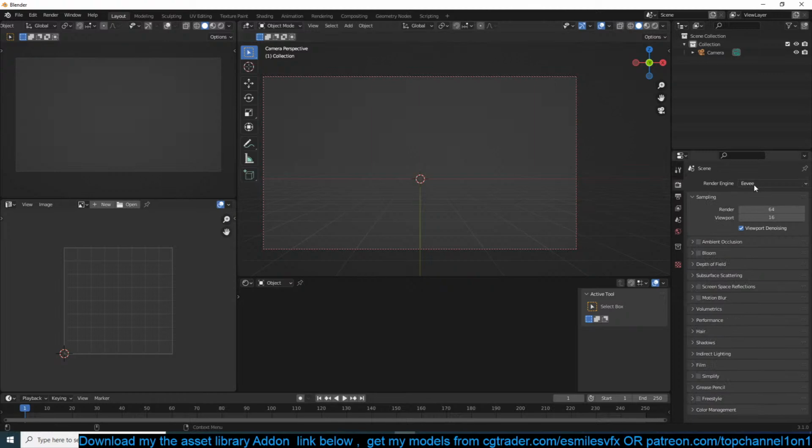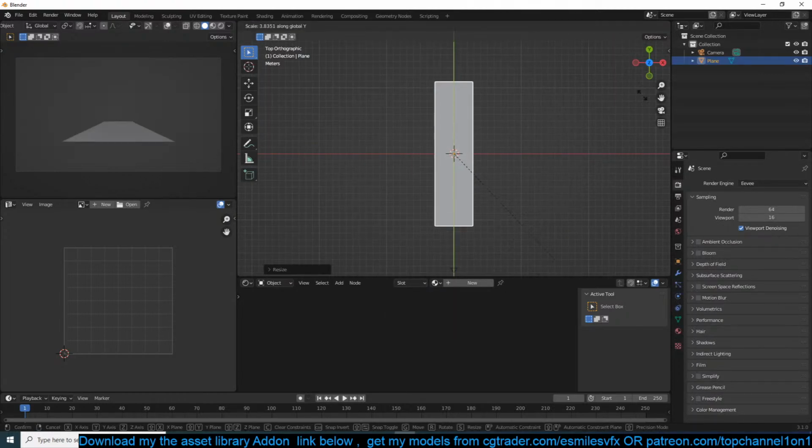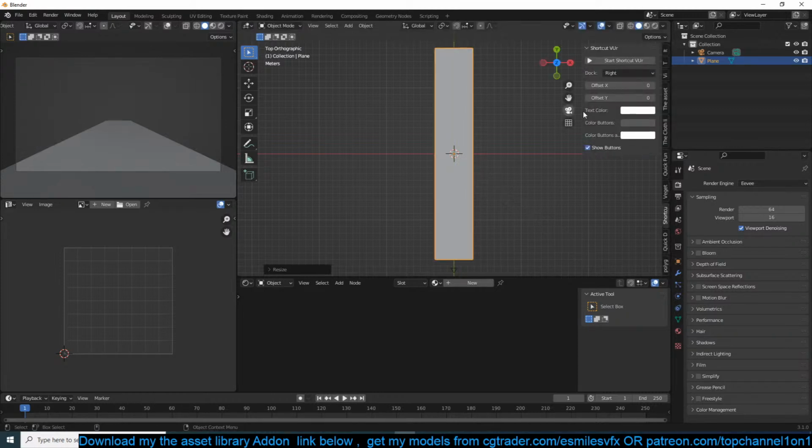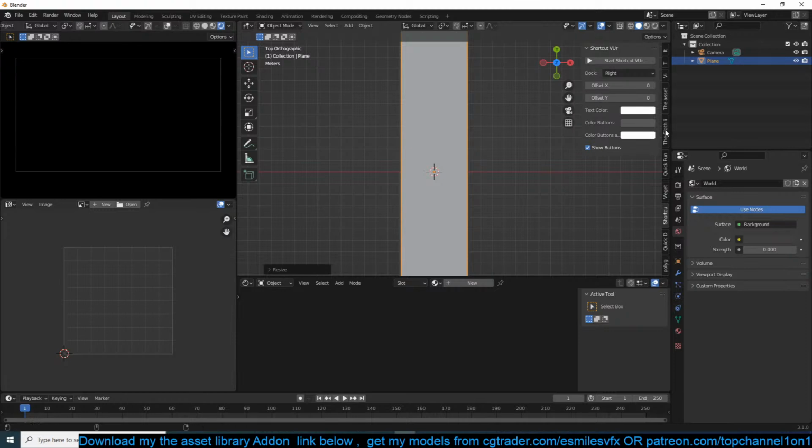Okay, let's start here. I think we're going to be using Eevee this time. Let me add an array here. This, and I'm going to use my asset library for most of this. Let me first bring this down. Go to my, let's see, can I use,